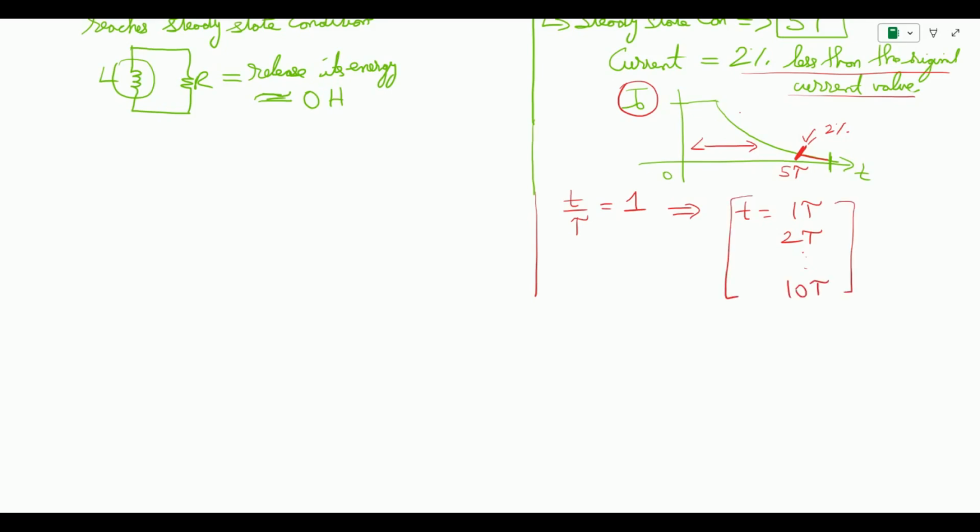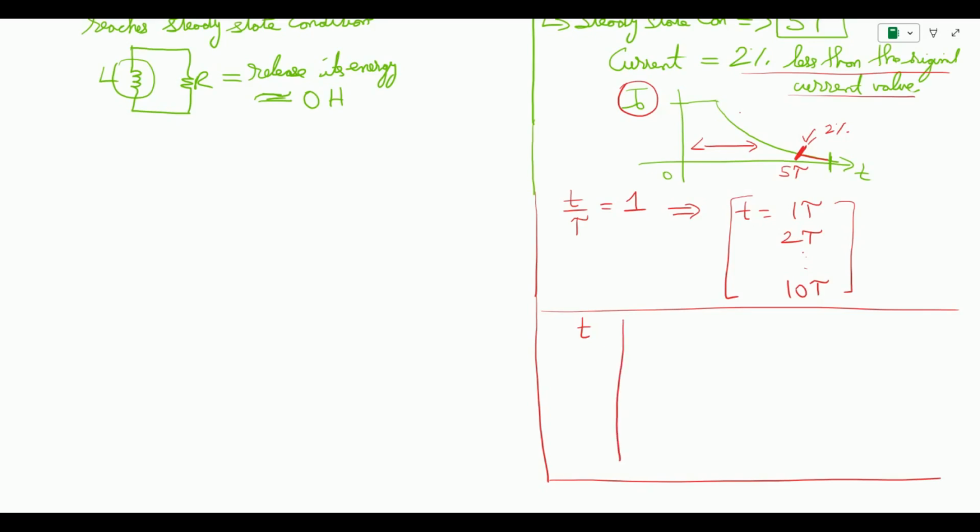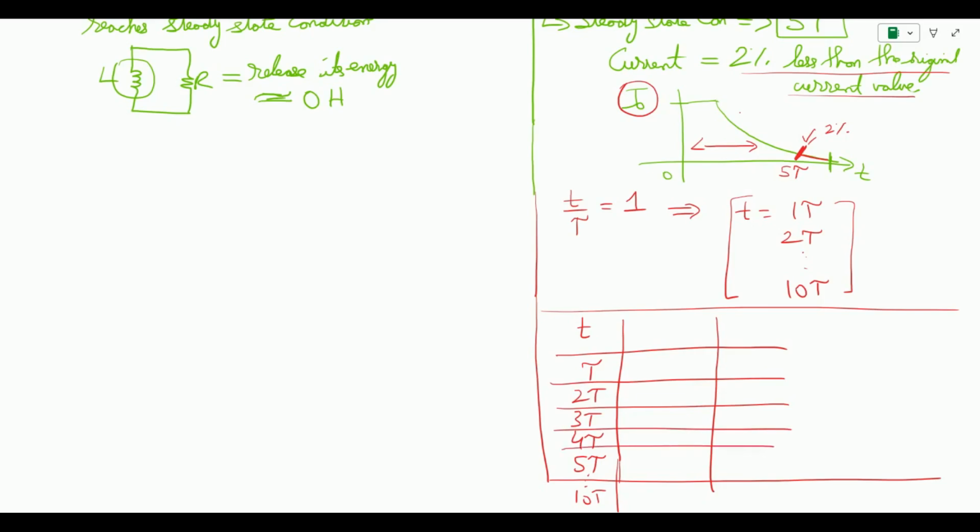So if I write T as values of tau, so 1 tau, 2 tau, 3 tau, 4 tau, and 5 tau. I can go beyond till 10 tau, but we are discussing till 5 tau, and let us write the value of the exponentials with regard to this. So for the equation of current we have,